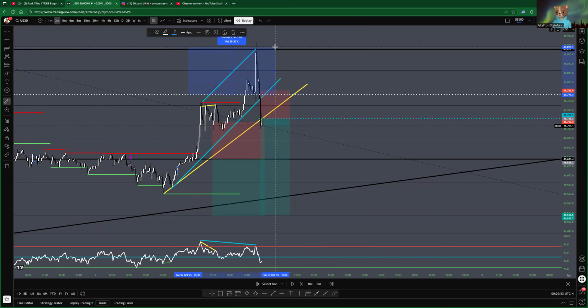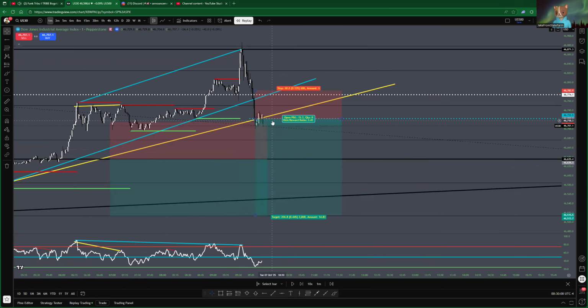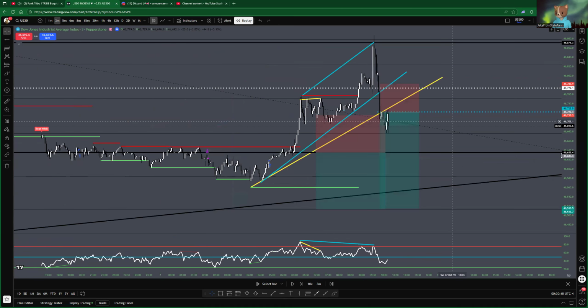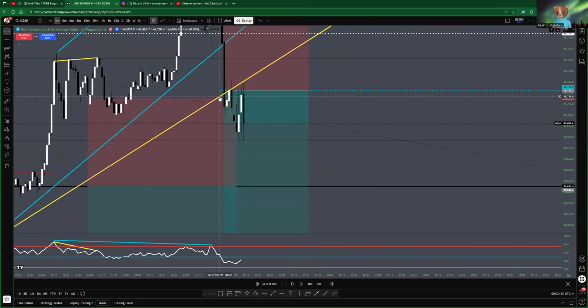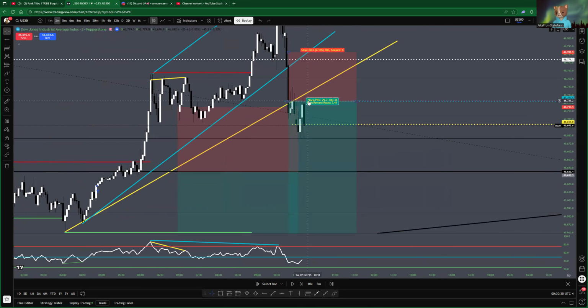Again, I would like to scope it to say that I would stay under the 1 minute time frame and just be catching that sniper rifle entry so that I'm able to just get into the market at the perfect timing. Let's go to the 3 minute time frame to see if it actually broke out as well. And no, no, no, yes, it did. So this is where your 3 minute sell would be. So which is the best, most sniper entry? The 1 minute time frame that's slightly higher. It's about 29 pips higher right now.